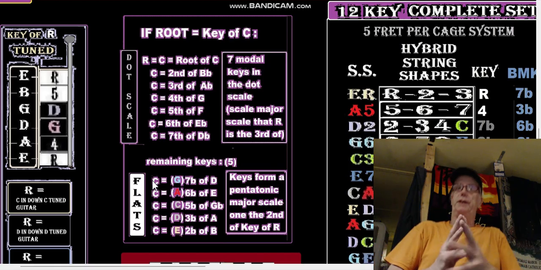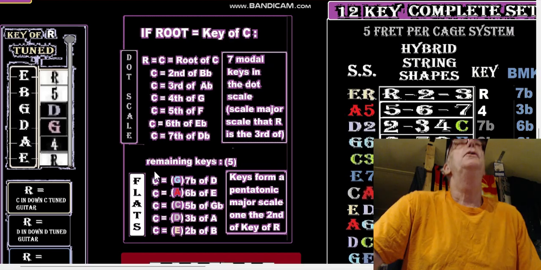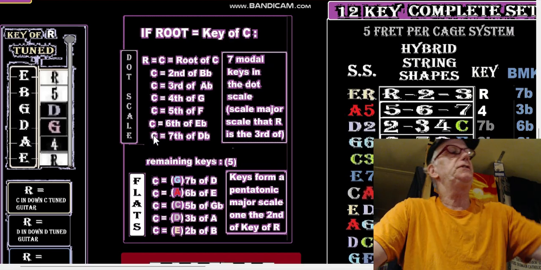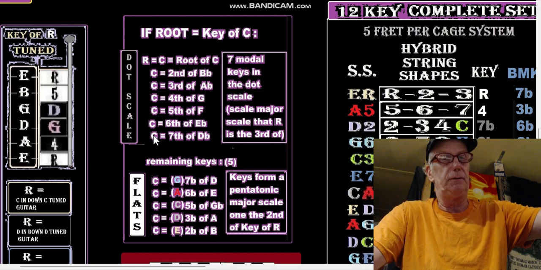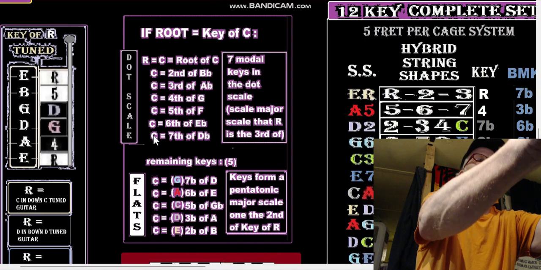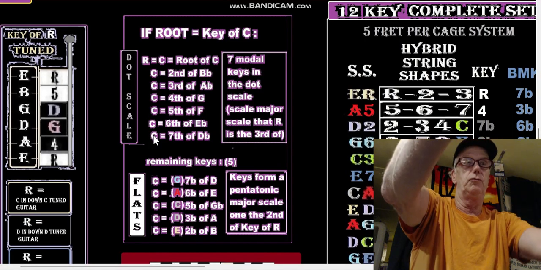But it works really nice with the key with the E note. Okay, because the keys will be all the white keys for the dot scale and all the black keys on a piano for the flatted dot scale. So if we go and look at C, C is the third of A flat. Okay, so C is the third of A flat, the second of B flat, the root of C,